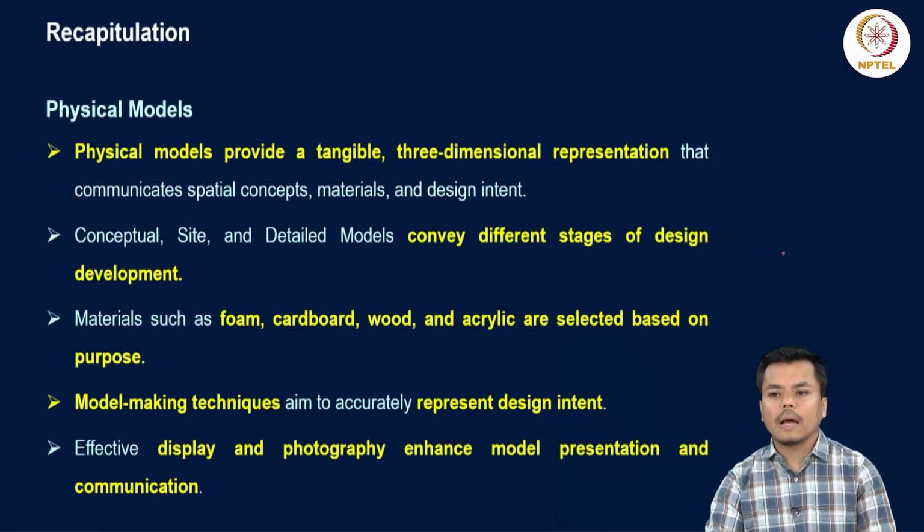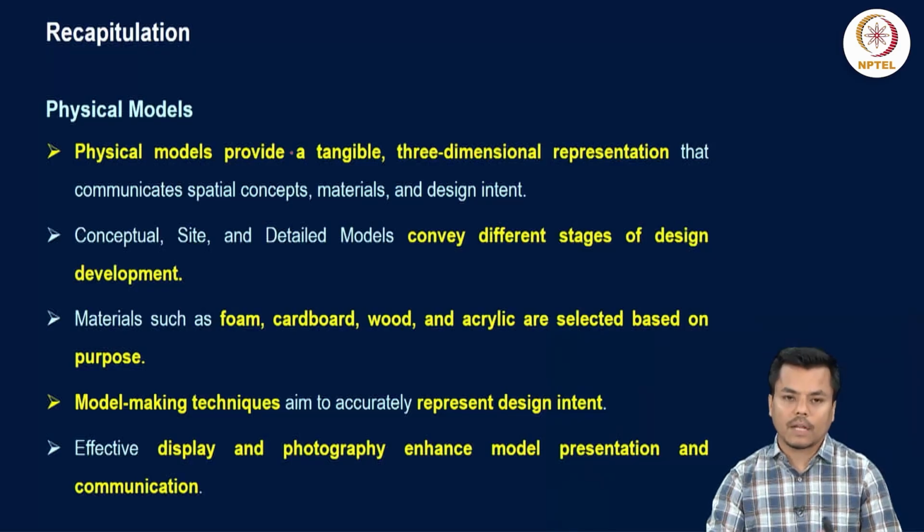So to give you a recap of what was covered in the previous presentation, we tried to understand different types of details about the physical model. So a physical model generally provides a tangible and three-dimensional representation that communicates spatial concept, materials and design intent. Conceptual, site and detail models convey different stages of design development, and they are very much essential at different stages of design. So when you are about to start, possibly a conceptual model may be the best one to explain